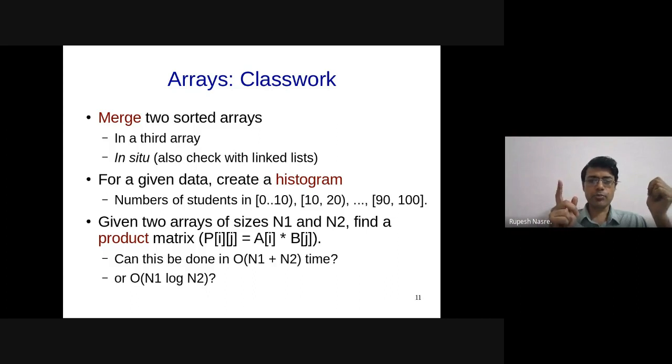So this is a very important point. Only because you have space complexity of order n doesn't mean that time complexity will be at least order n. Only if you are touching all the elements is the space complexity going to be a lower bound for the time complexity. Any questions on this part?